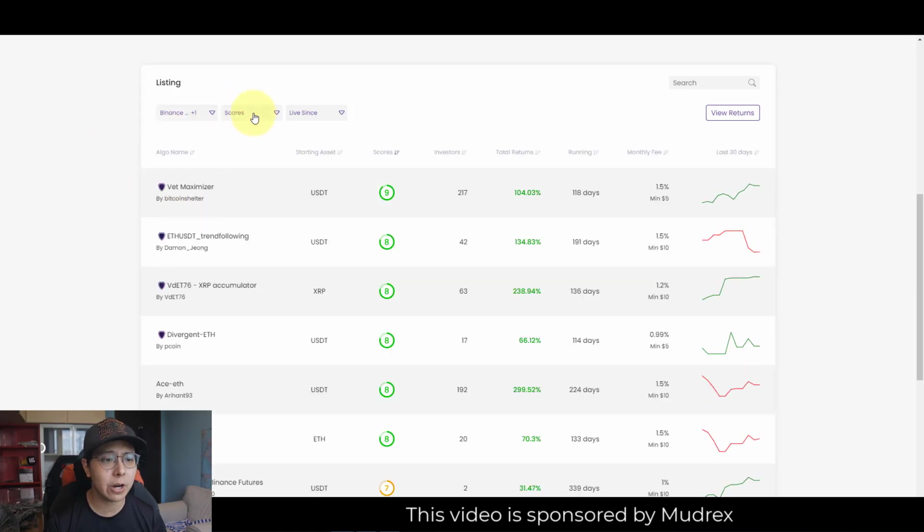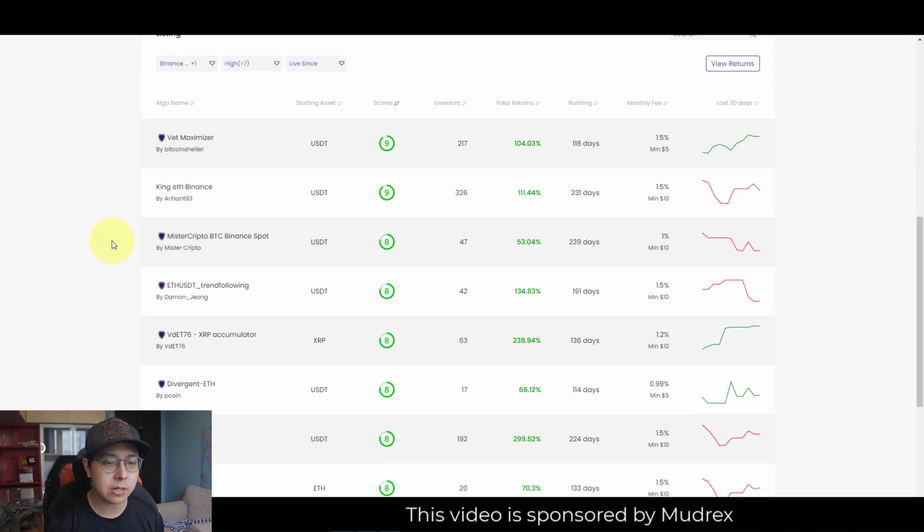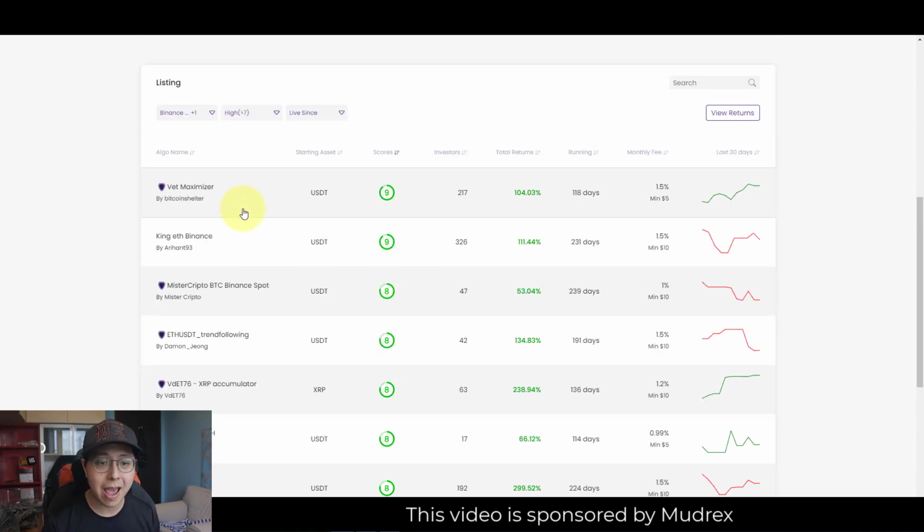Very quickly, they have different scores. I'll walk you through in detail maybe in another video, but here we'll do a quick one. You select the high scoring, and immediately you can filter and see which bots you can copy and subscribe to on Binance and Binance Futures. All you have to do is select the ones, construct a portfolio, and everything becomes automated. Of course, we'd like to highlight quickly that it's not free. There's a certain fee involved on a month-to-month basis, depending on which bots you're subscribing to.